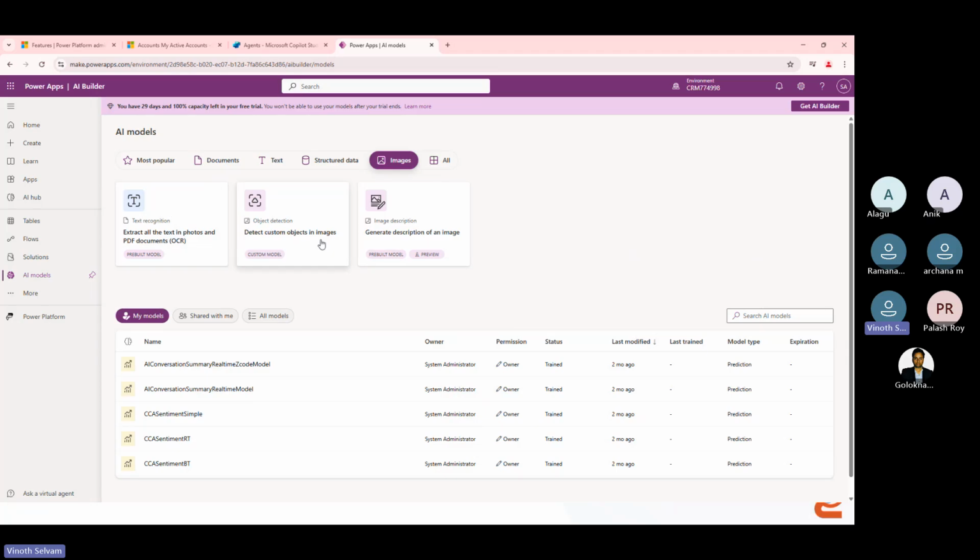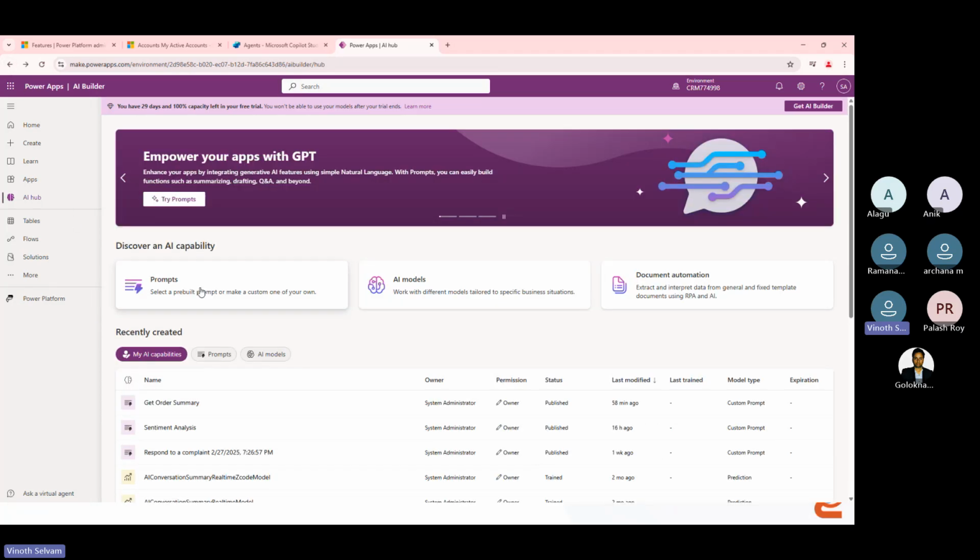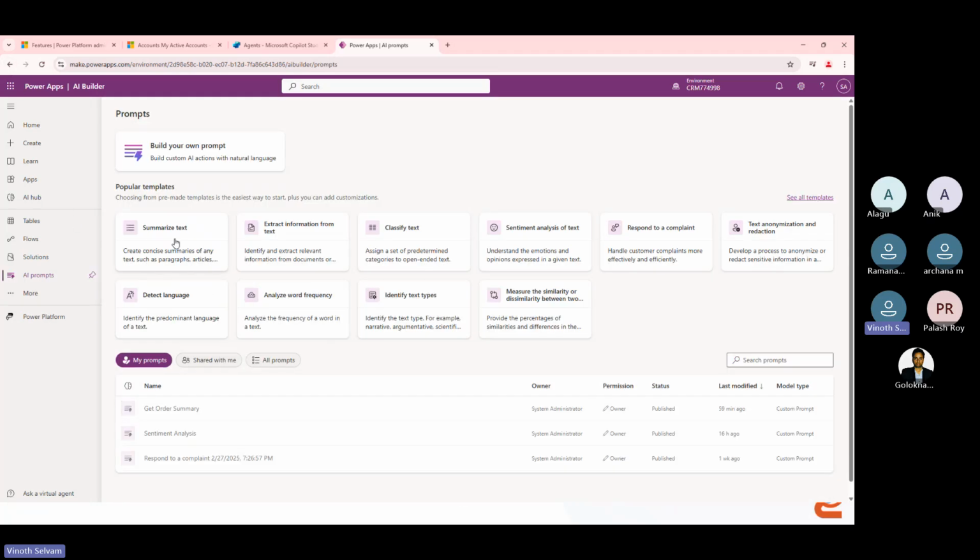Likewise, if you want to detect an object inside some image, you can use this model. It's simple. You can just configure it where you put an image as an input. It will give you the description or it will identify what it is about. So this is more on the models, and when we come back to the prompts, again they have already defined a variety of predefined prompts